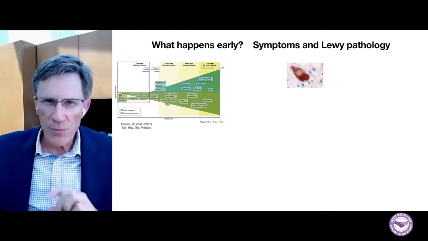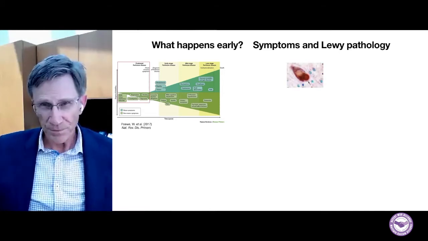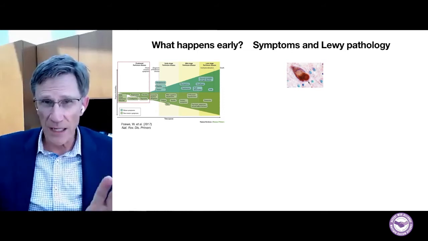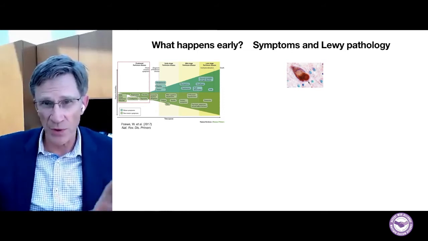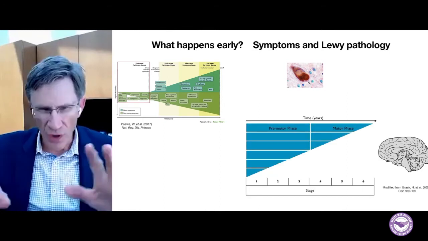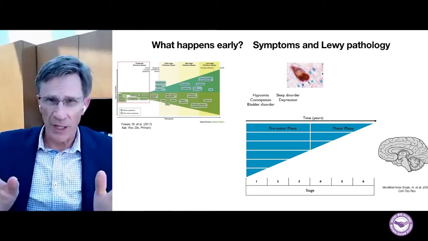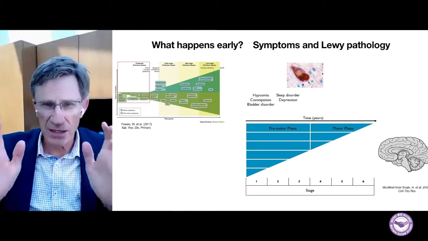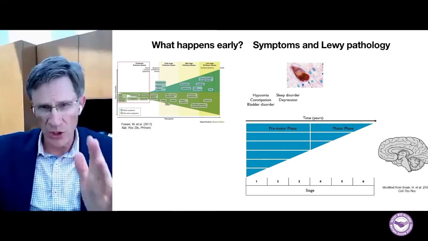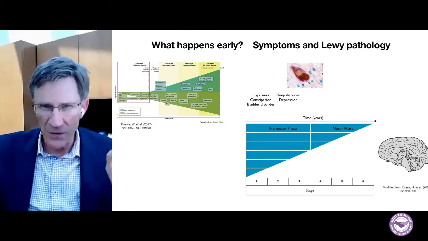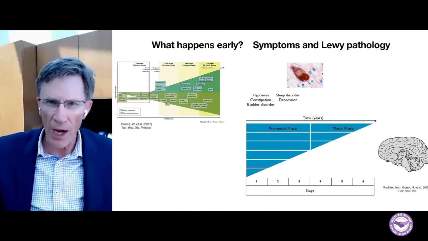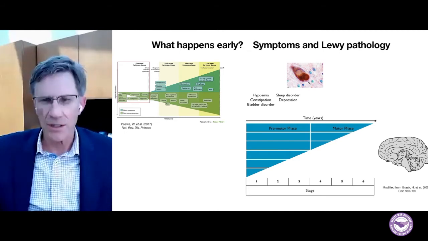And the Lewy body that you see in this picture, that type of pathology isn't just found in parts of the brain that govern motor symptoms. And in this rather complicated diagram that I'm showing at the bottom here, a scientist called Heiko Braak and his collaborators divided different stages of the disease where Lewy bodies appear